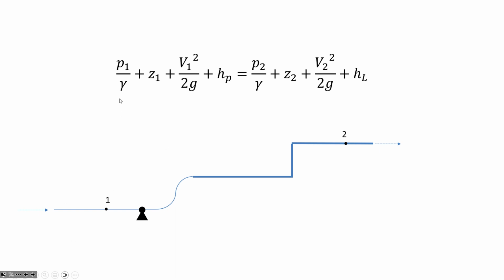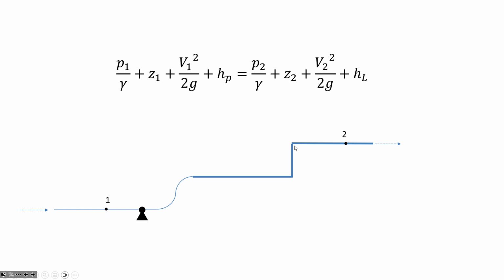So here at location 1, we know the pressure head, we know the elevation head, we know the velocity head, let's say. This symbol represents a pump. So what the pump is doing is it's adding energy to the system. So as the water flows from 1 to 2, it's adding energy, and that's why it's on the left-hand side of the equation. If we're adding up all of the energy at 1, and we want to find out what is the energy situation at 2, we're saying all of the energy at 1 plus the energy that's added by the pump is equal to the energy at 2 plus the energy that was lost as the water flowed